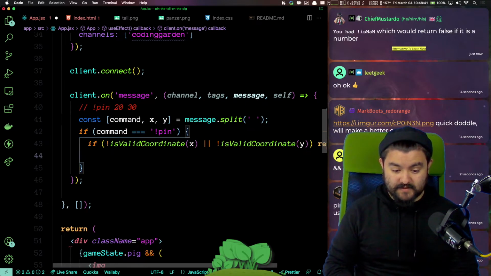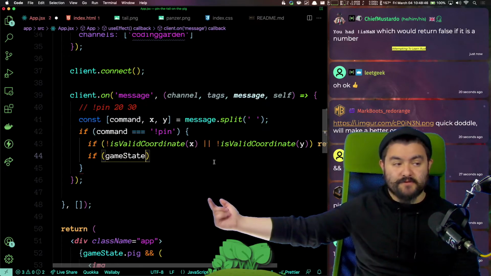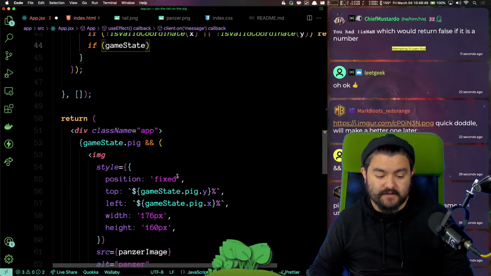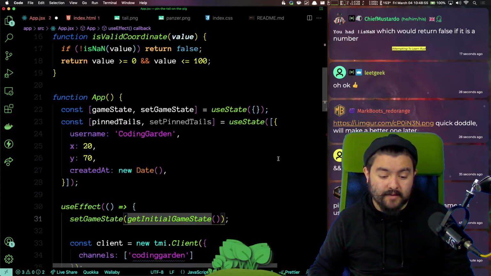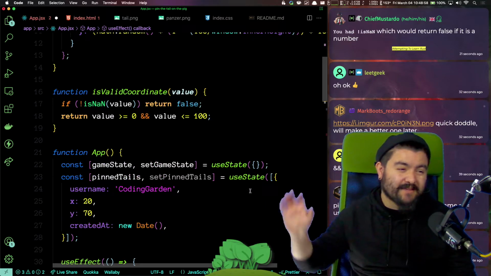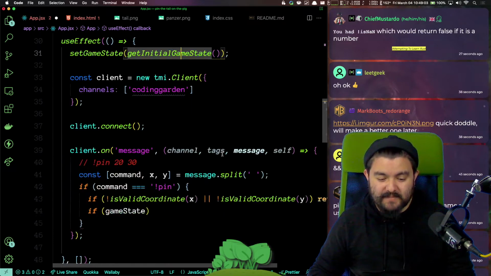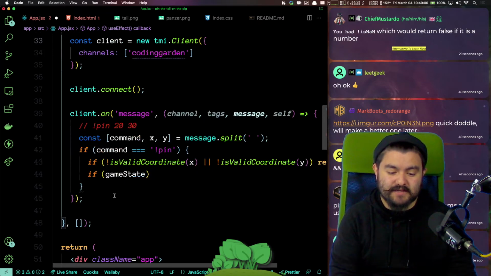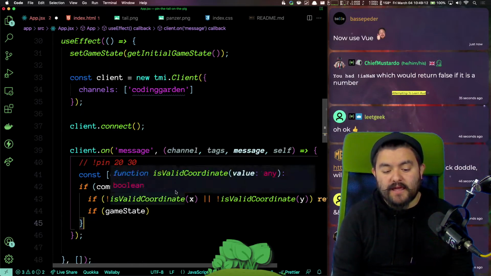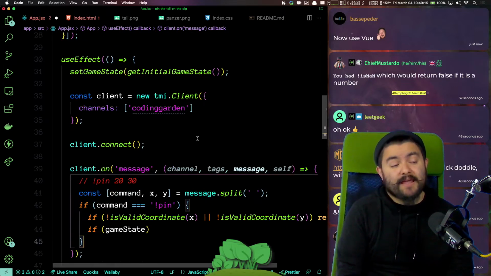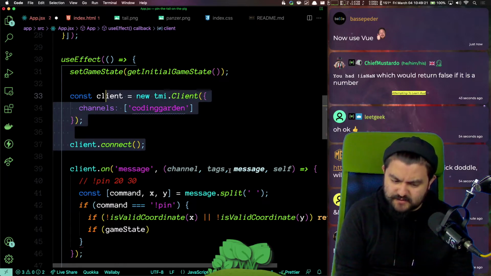And so we'll also verify if... See, that's the other issue. If I want to access game state inside of this useEffect, I have to put it as a dependency, but then this useEffect is changing that dependency. Not that I couldn't figure this out, but this is why React hooks aren't that straightforward. Technically I would want to put this in a separate useEffect, and then it could rerun every time the game state changed. However, I actually don't want to reconnect to Twitch every time the game state changes, so I would need to put this into a state variable.